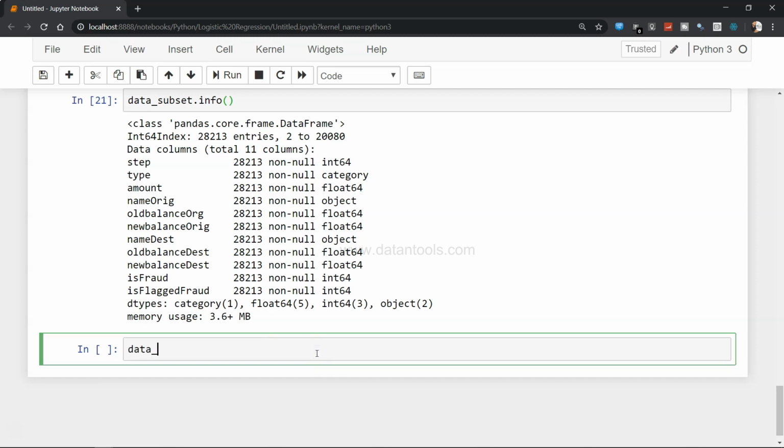So how can we drop? data_subset.drop, and here we will provide the names of the columns: nameOrig, nameDest, and isFlaggedFraud. These are the columns we want removed, so axis equals 1.